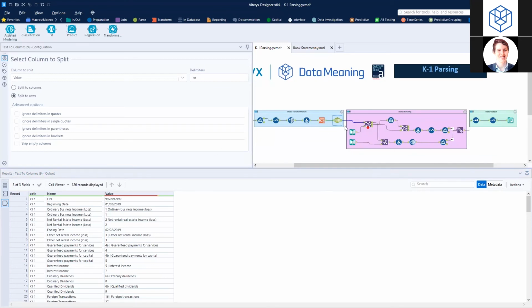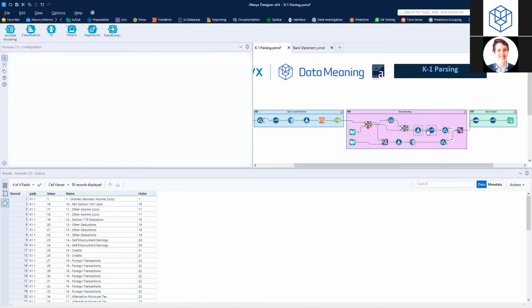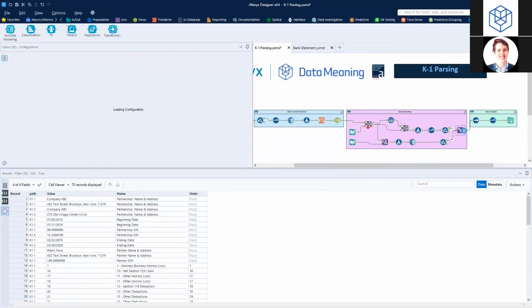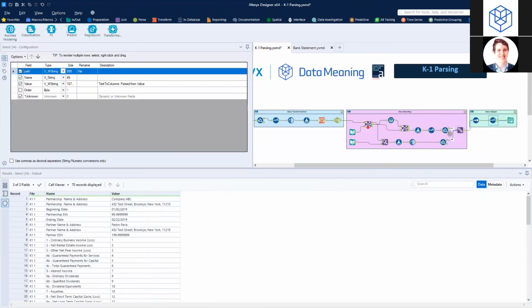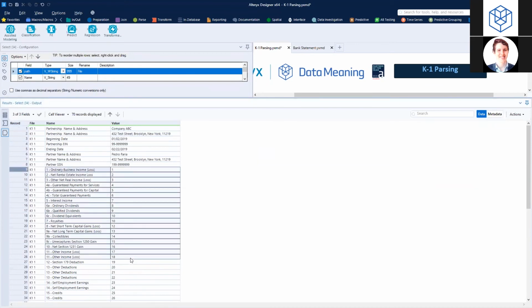Okay. So as I move along the workflow, I'm manipulating everything and assigning the correct names, and right there at the end, everything is formatted correctly. I have my partnership name, address showing up right here, and all my values, as you can see. If you want to take a look at it and compare,